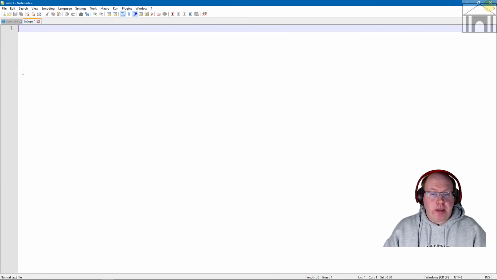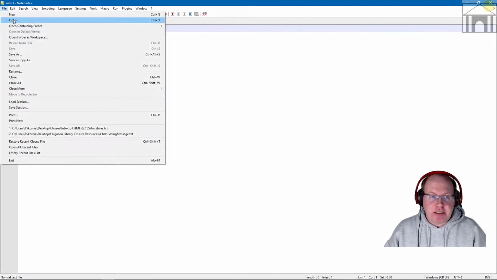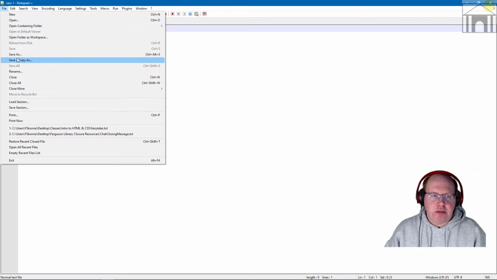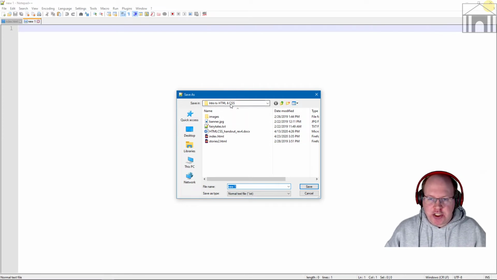So I'm going to open up a brand new document. I'm not going to put anything in this document yet. What I'm going to do is save it. So I'm going to save this blank document, File, Save As, and we're going to save it as Fairy Tale. We're going to save it in my Intro to HTML and CSS folder, the same folder that I've been working with the whole time. And we're going to save it as